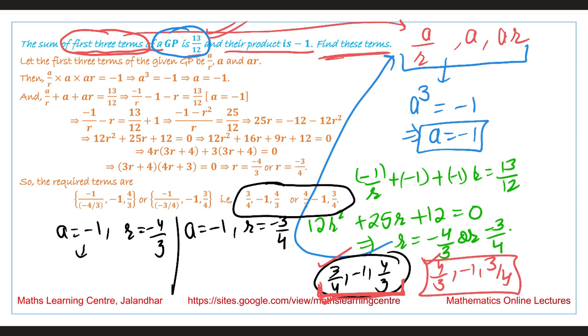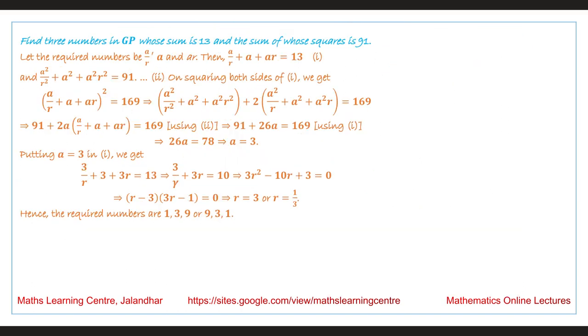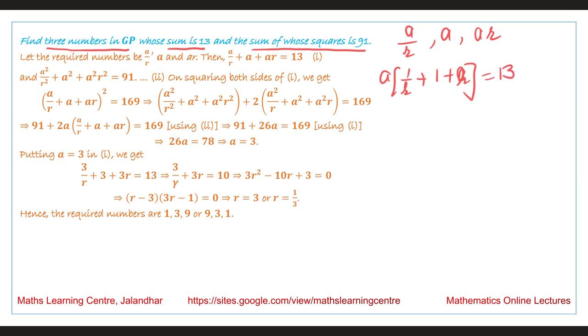that satisfy these conditions. Now next we have is find three numbers in GP whose sum is 13 and the sum of whose squares is 91. So we consider the three numbers. They are a by r, a and ar. The sum is given to be 13. So a into 1 by r plus 1 plus r, this is given to be 13, and sum of whose squares is 91. So it is a square into 1 by r square plus 1 plus r square, that is equal to